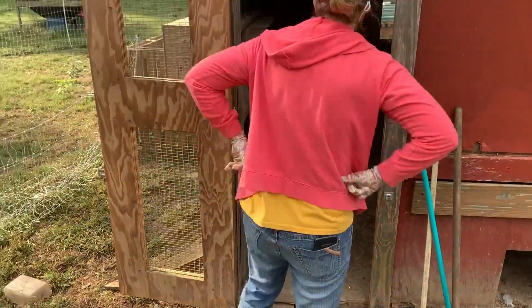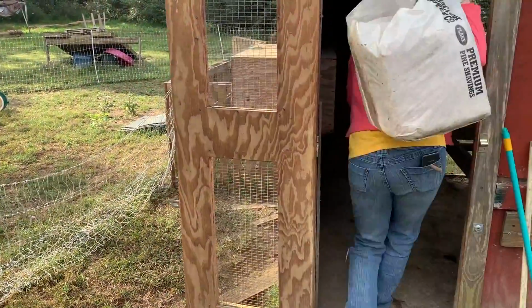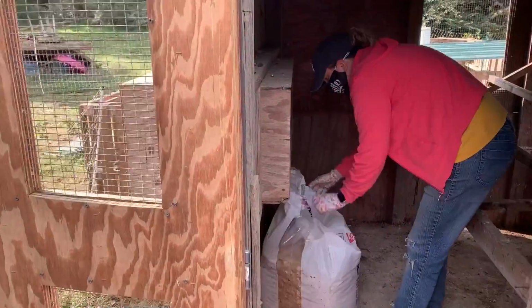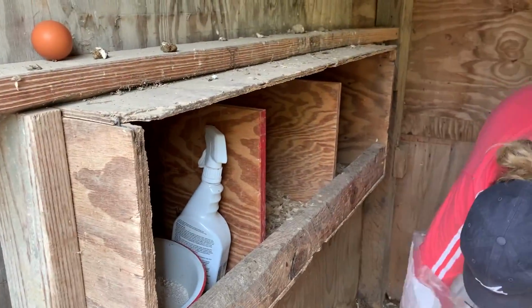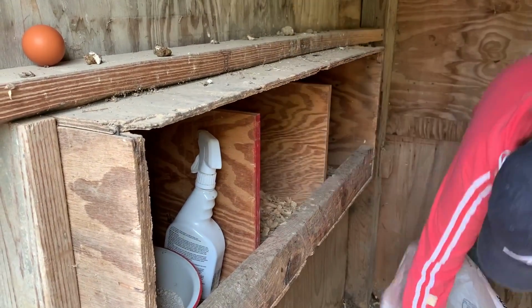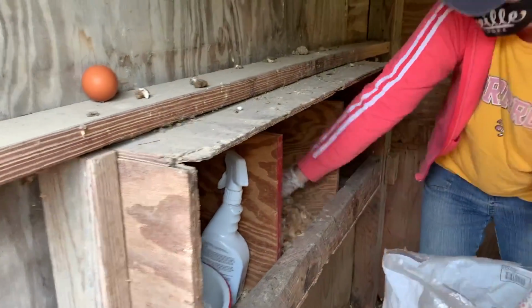It's always a good time to stretch your back after hauling out all that poop. Sometimes I get stiff. Now it's time to go ahead and refresh these nest boxes and take out any eggs we've got there. Need to clean up those little poops too. But these are the reason why we want to keep these coops clean